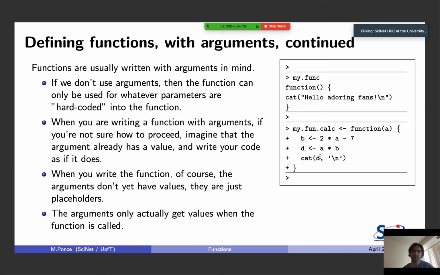Now, one important thing, and we're going to come back to this, is that whatever happens inside the function remains in the function, unless you communicate that information out of the function. What I mean is these variables B and D that I'm defining inside the function can only be seen from within the function. If I ask what is the value of B or D outside of the function, they don't exist. So R will return an error saying it doesn't know what B or D are. Okay,